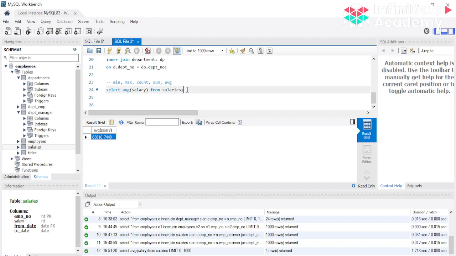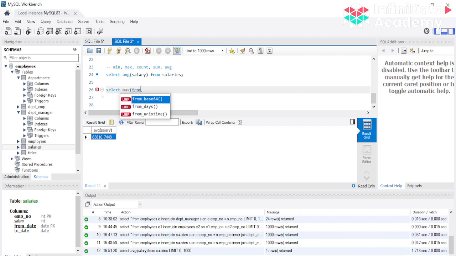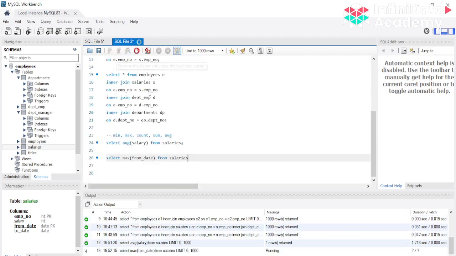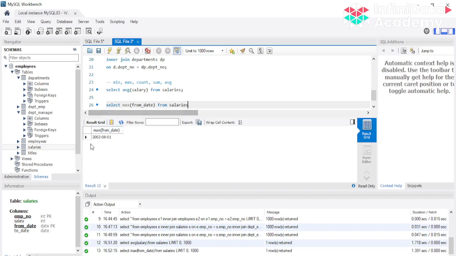So let's see your max from date, how much it is. Max from date from salaries. So as you can see here, this data is till 2002, right?